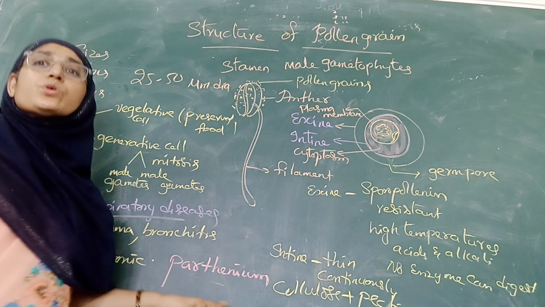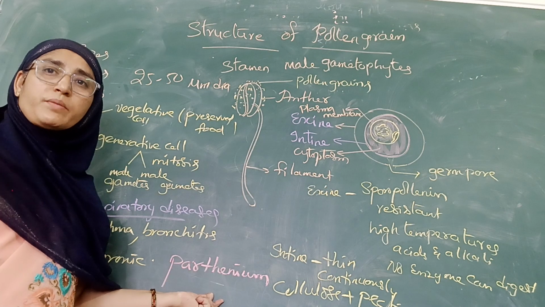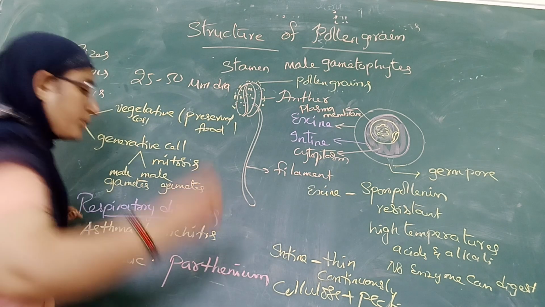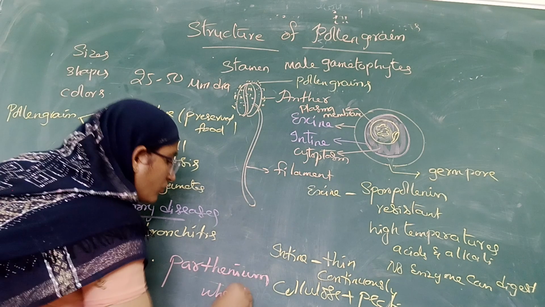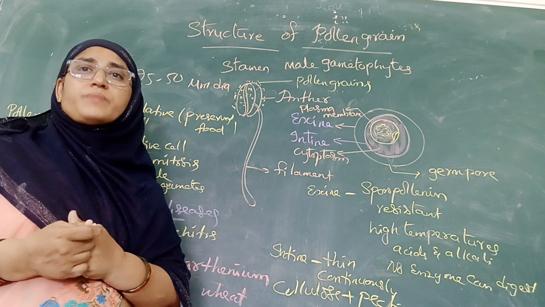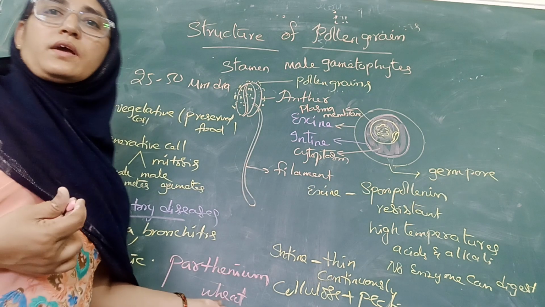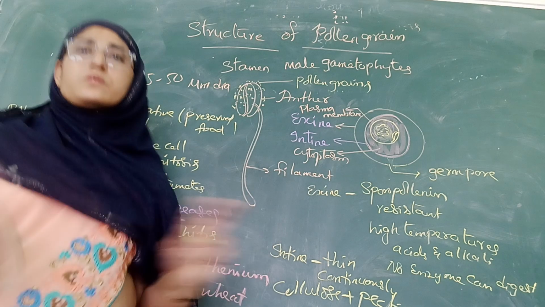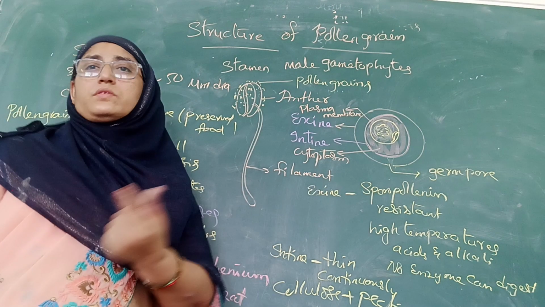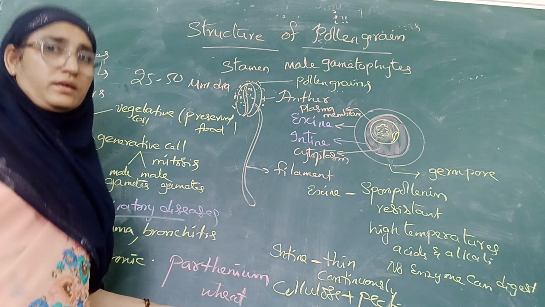Parthenium is the plant which causes the pollen allergy, and it is known that this plant has reached India from other countries as a contaminant along with some wheat variety. When a wheat variety was imported from other countries to our country, this plant was transferred as a contaminant, and it has spread ubiquitously all over. We find it growing in all places, and it easily causes pollen allergy.